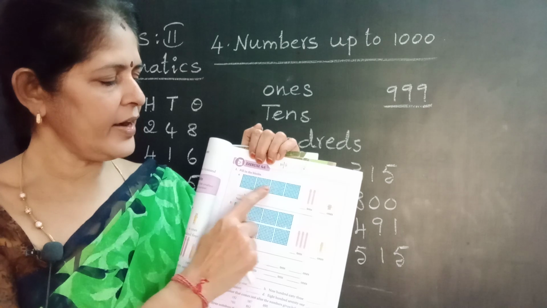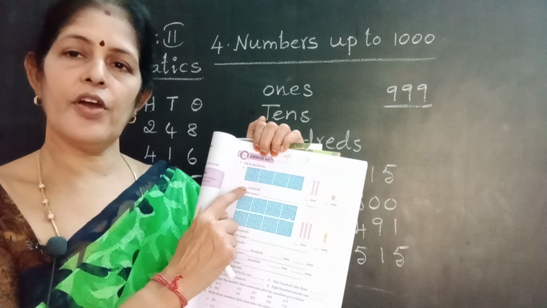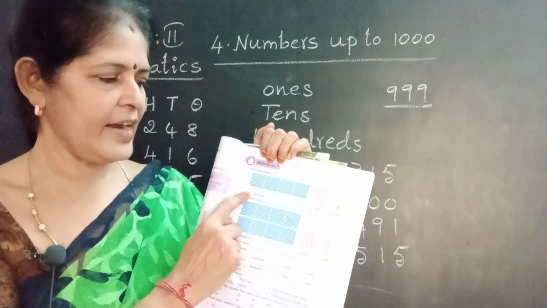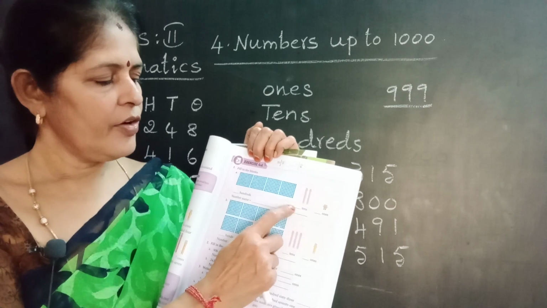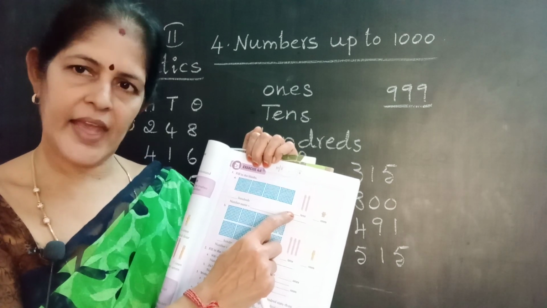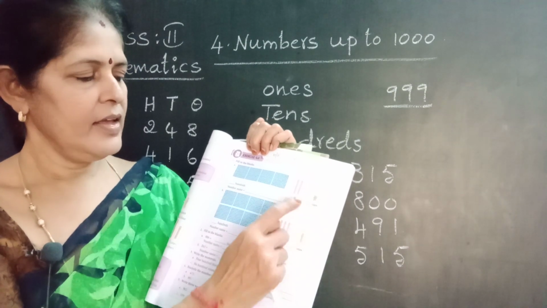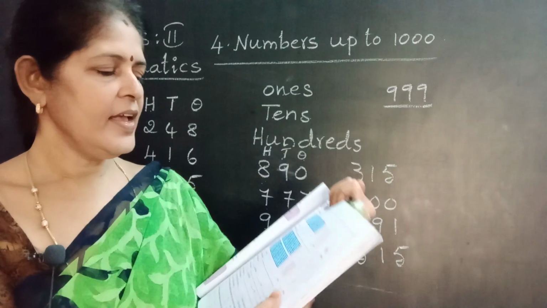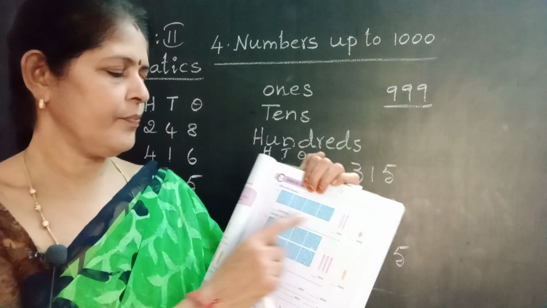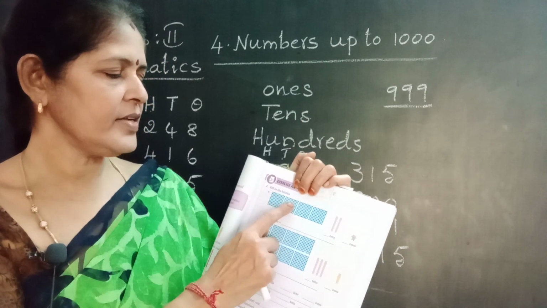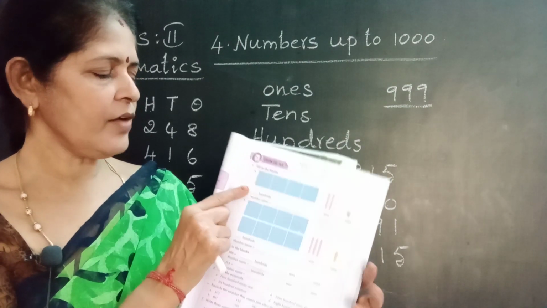100, 200, 300, 400. How many hundreds are here? 400s. You write here 400s. Now go to tens. 1 ten, 2 tens. How many tens? 2 tens. Write number 2. Now go to the ones column. Only 1. Write 1. The number goes again: 1 2 3 4. Here 400s, here 4.